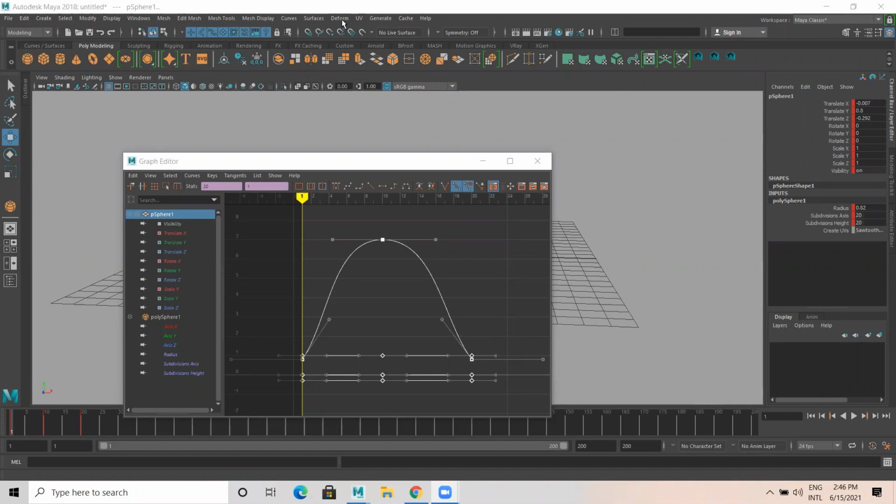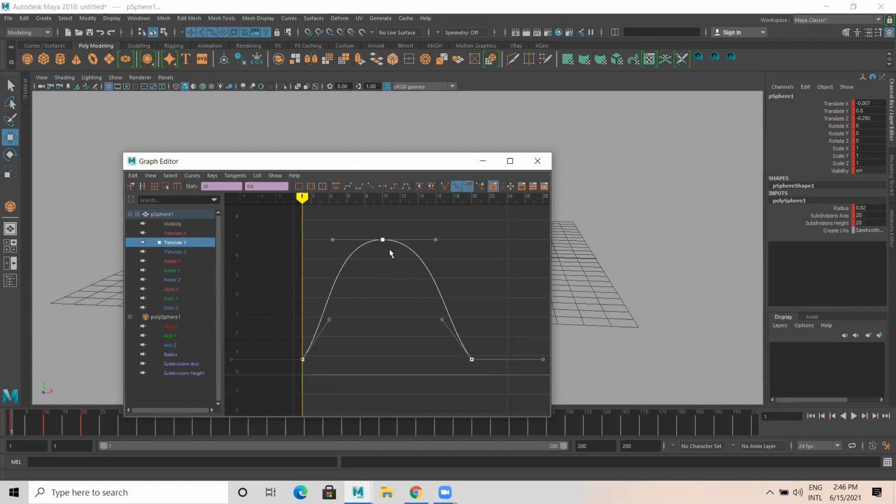Okay. So what I'm doing is I'm just selecting all these curves. If I select all the curves, what happens? You can see here, I'm selecting translate values, rotate, scale, all the values. Either you can do it this way, or only translate Y, which is the one where we have done the value changes. So you can select all these keys.